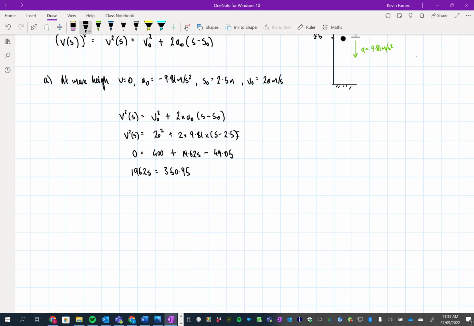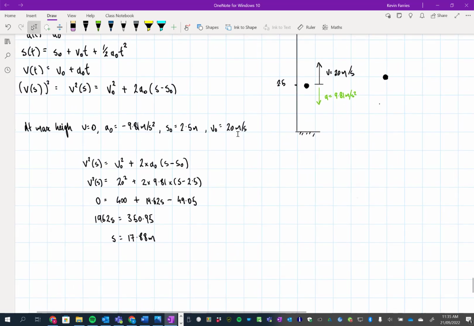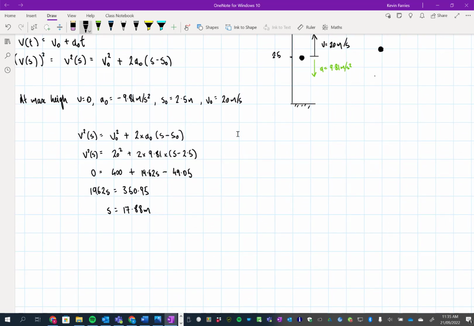It's 350.95. So s is going to be, divide both sides by 19.62, 17.88 meters. So throwing that ball pretty hard, which it is, 20 meters per second is pretty fast. It'd be a bit too fast for someone throwing it, maybe they've shot it out of a cannon or something like that. So max height